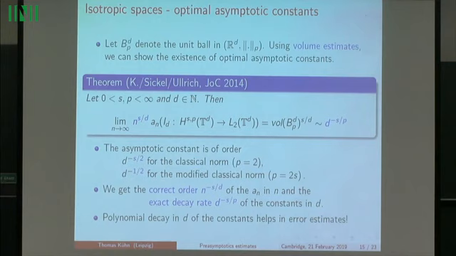So if we consider the isotropic spaces H^s_p and embed into L2, then the rate was n to the minus s over d. So we multiply by the rate, and it turns out that here even a limit exists, and the limit can be expressed by the volume of the p ball in dimension d. So that's the usual ℓp norm, whatever p is. And this volume to the s over d behaves, as d goes to infinity, roughly like d to the minus s over p. So that means this asymptotic constant